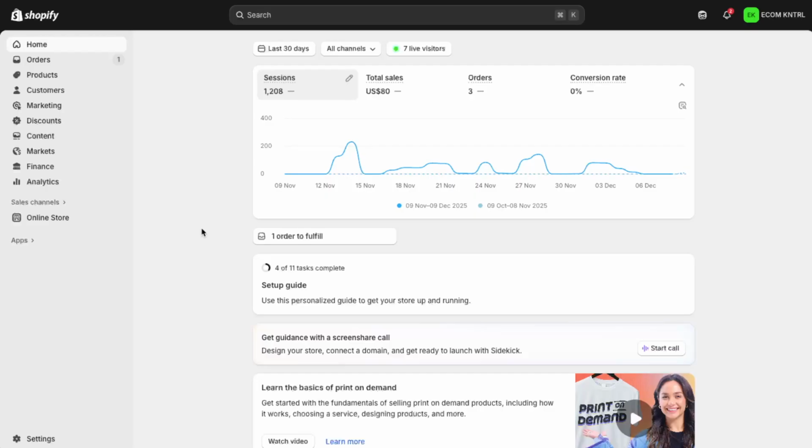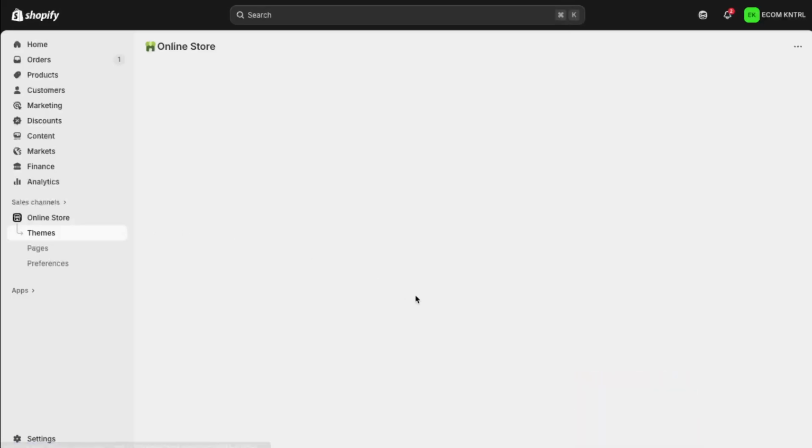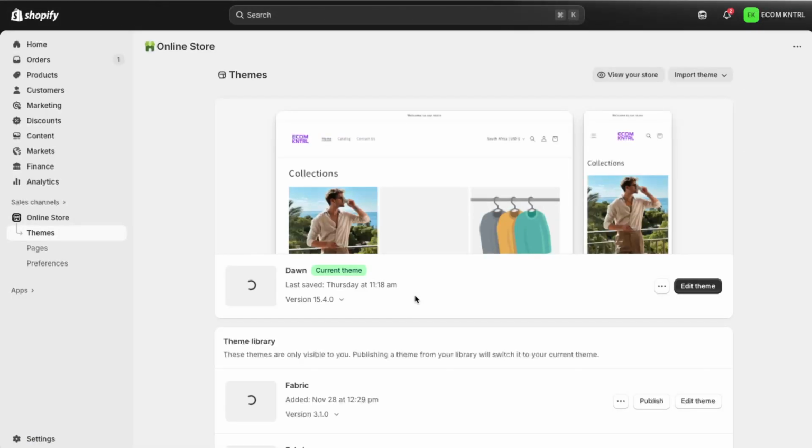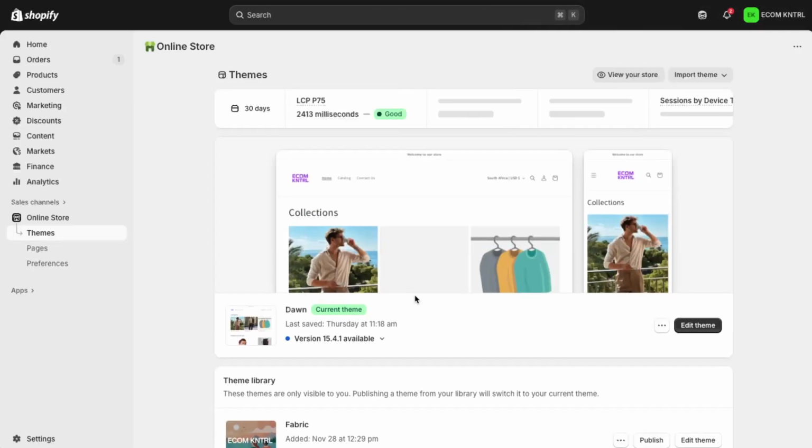On the left-hand side of the dashboard, look for the section called Online Store and click on it. This is where you manage how your website looks and behaves. When you open it, you'll see your current theme at the top, along with options to customize, edit, or manage